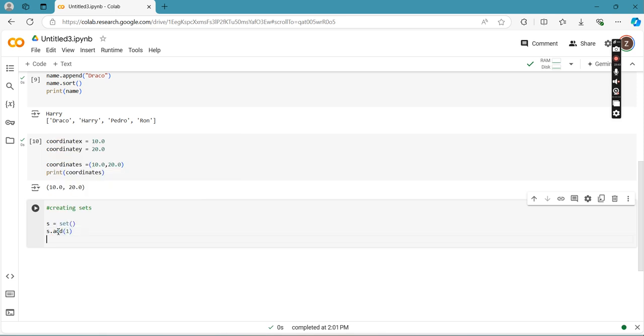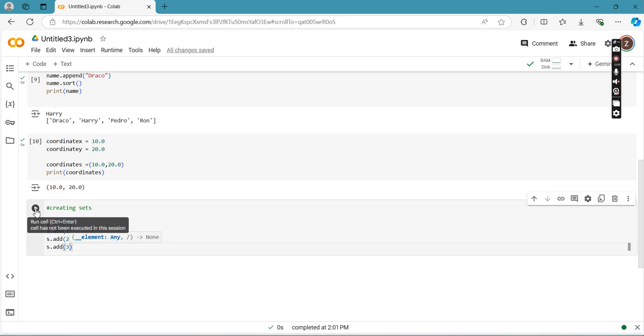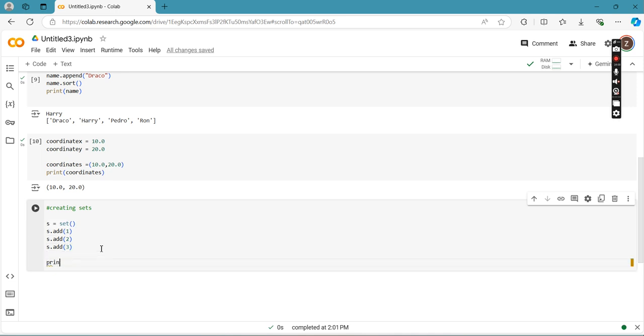Okay, so I'm going to add one, two, and three. After that, let's try to print our set. So we have here an output of one, two, and three.